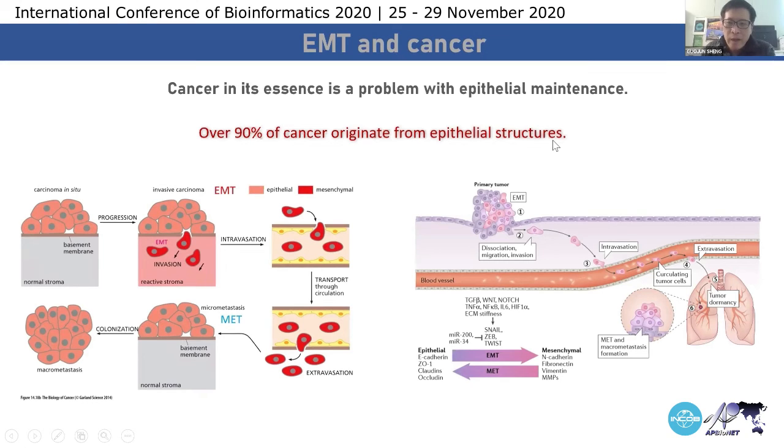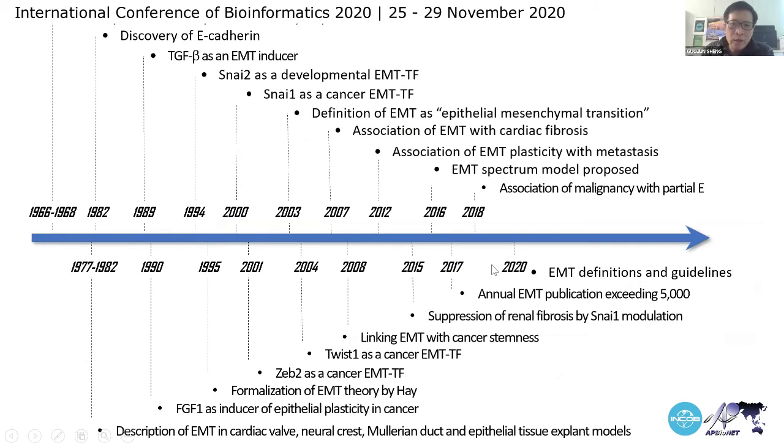And a minor case like blood cancer, for example, is not epithelial structures, but the majority of cancers originate from normal homeostatically maintained epithelial structure. If something goes wrong with the maintenance of the epithelial structures, and you have the problem of EMT, you have the problem of metastasis, you have the problem of MET in the metastatic site in a way. So cancer is essentially an EMT issue,